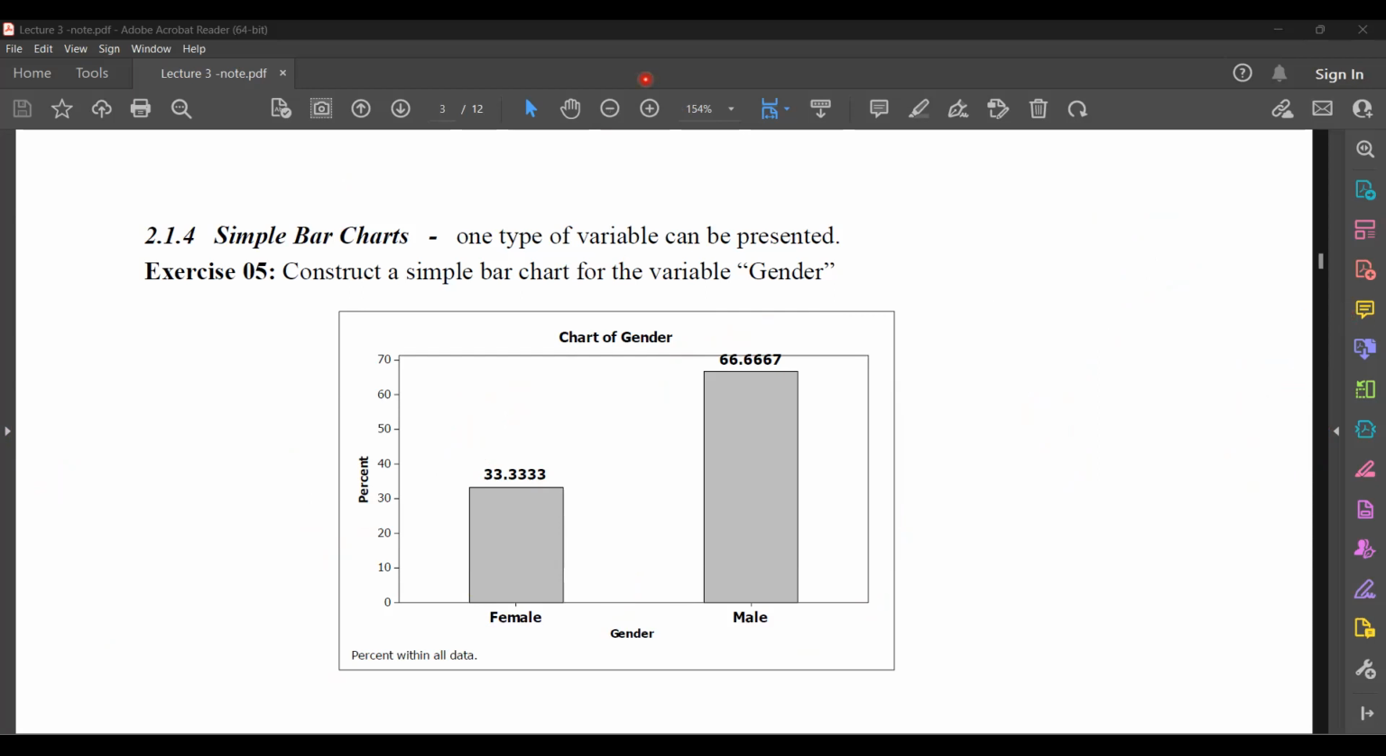For example, assume that you have a table like this. You have gender, the variable is gender, male and female, right? Male count is, let's say,